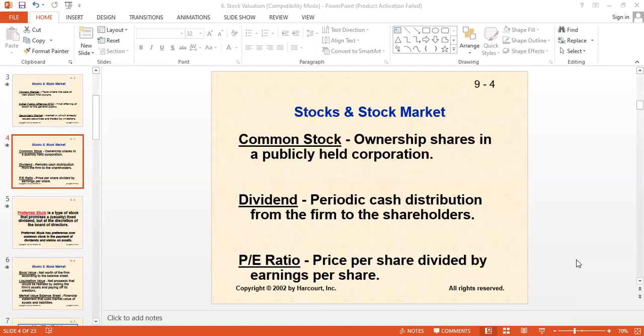You may understand common stock better in a comparative way. We have common stock and we have preferred stock. In common stock, we do not have any preference. In preferred stock, we have preference. So which preference are we talking about? There are basically two main preferences which are given to preferred stockholders, not common stockholders.